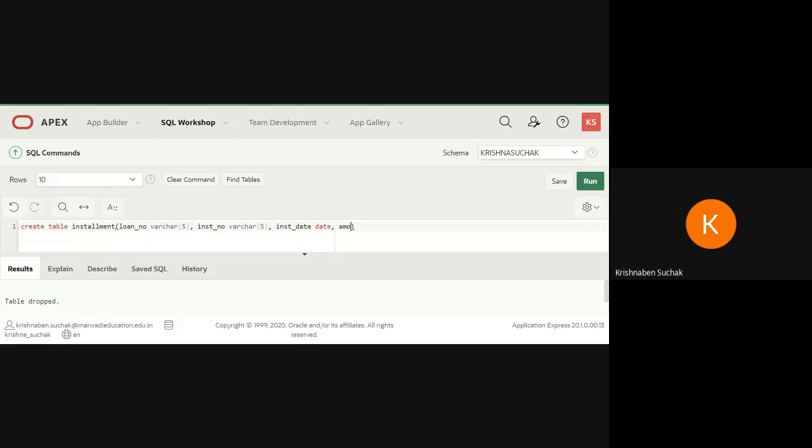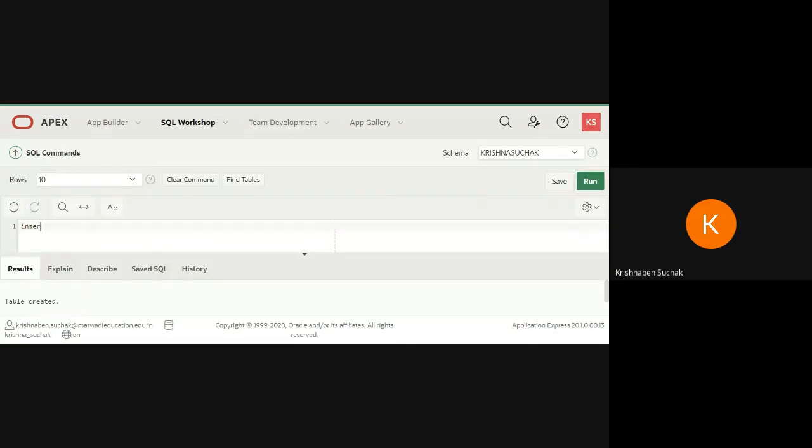Then amount, data type number, right? Now here I am creating one table named installment. Okay, I will go for run. Table created. Now my installment table is created and I will enter the values.